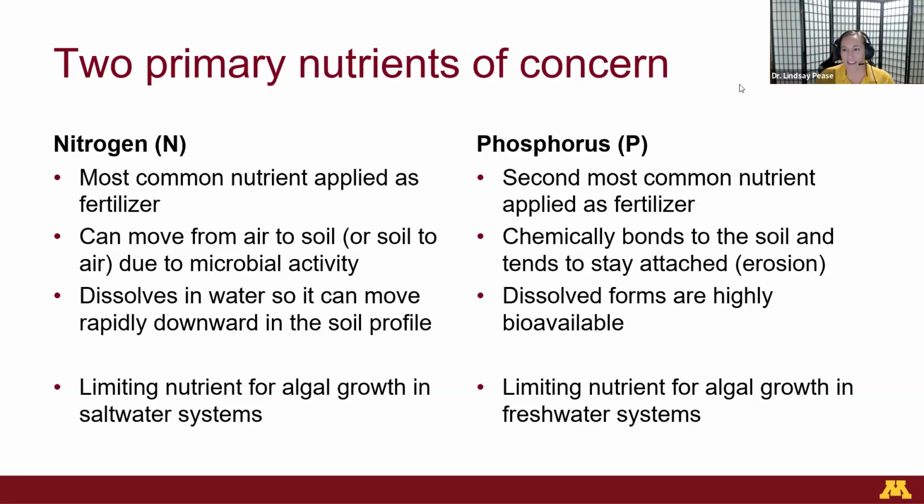So, as Heather had mentioned in her presentation, the drinking water standard is 10 parts per million for nitrogen. For phosphorus, the concentration associated with harmful algal blooms is much, much lower than that. It is 0.05 parts per million. So you can imagine how just that small fraction can lead to big impacts downstream.